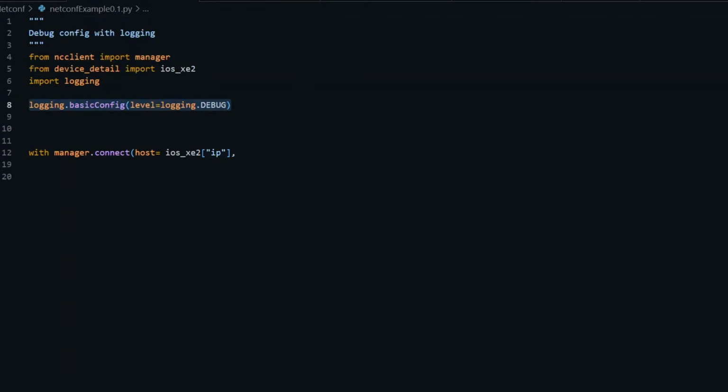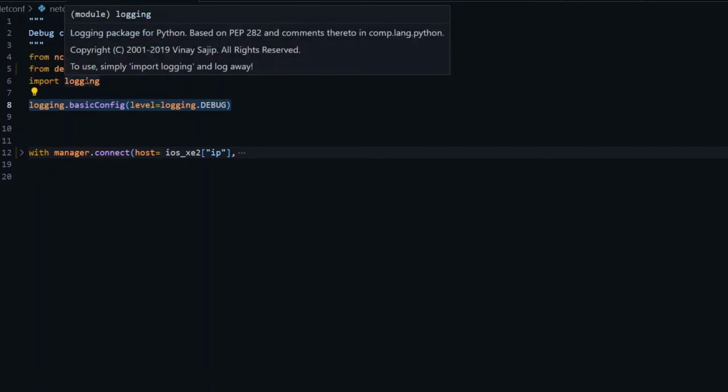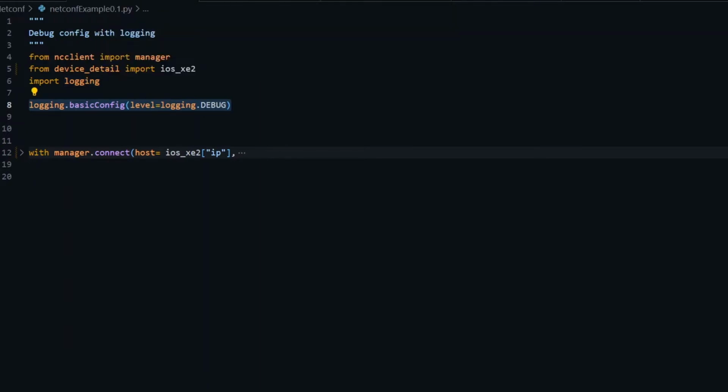Another thing that I want to talk about in this video is logging. If we want to debug, as in this case where I'm using it for debugging purposes, we use the logging module that I'm importing. When you hover over it, Python's help describes it as the logging package for Python. We're going to use this module with basicConfig, and then debug the result. When we connect to the server, to our device,